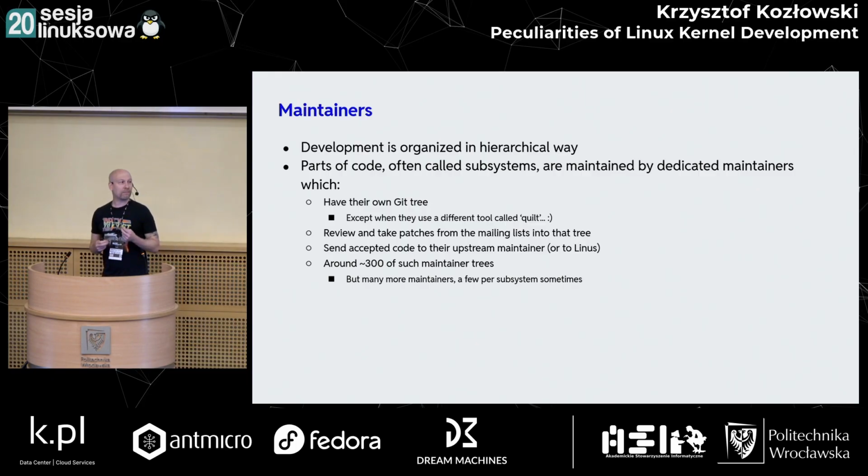But we obviously have many more maintainers, because some of the subsystems have multiple maintainers, and there are some maintainers who don't have a Git tree. They review only the code. They take care of too little things to take the code in, but they do perform the review. And why I'm mentioning it: if you have more than 300 maintainers handling the code, then obviously you have more than 300 people with their own opinion. And there's nothing more important than a discussion about the coding style, right? And the spaces and indentation.